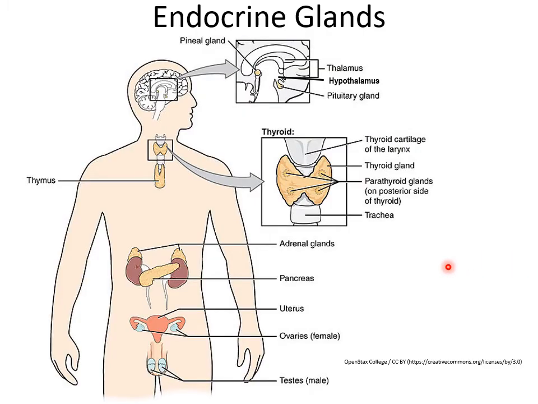So now we are moving on to the specifics of endocrinology. We're doing an overview of the major glands and the hormones that they produce. Here is a diagram showing the location of the major glands we're going to discuss. There's the pineal gland, the hypothalamus, and the pituitary, the thyroid and the thymus, the adrenal glands, which sit on top of your kidneys, the pancreas, the ovaries, and the testes.